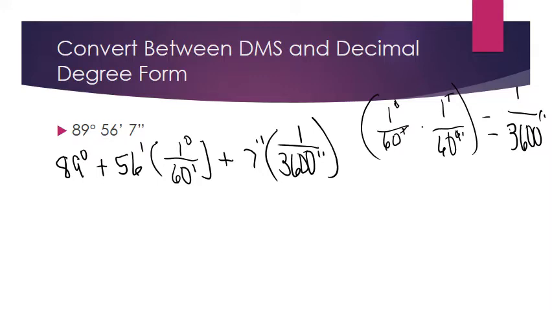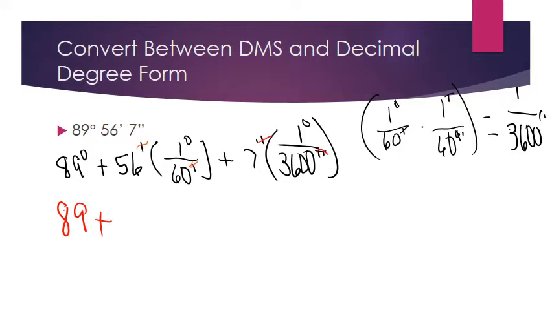So what survives here as far as unit of measurements? I didn't do that in the last one. Well, here when I multiply these two together, my minutes are going to cancel. I'm going to be left with a degree. And when I multiply these, this 1 degree is 3,600 seconds. Well, my seconds are going to cancel. I'm going to be left with degrees, and that's what I want to end up with. So I've got 89 plus